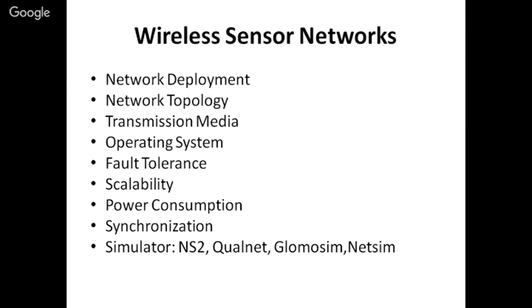Wireless sensor network is another area in which you can work. It is similar to the previous, like Adhoc networks. This wireless sensor network is generally used where it is very difficult for us to reach a particular location, like in the forest or underwater oceans. We just deploy the sensors from the aircraft, and those sensors will form the network amongst themselves.